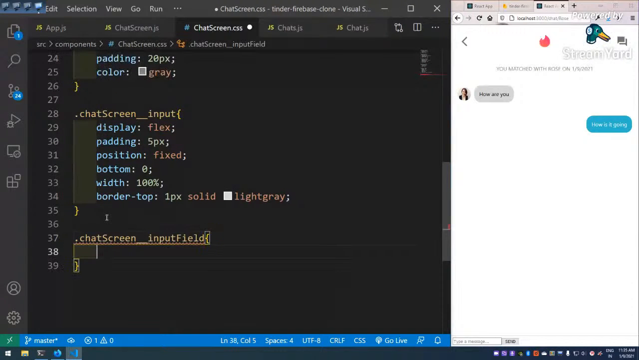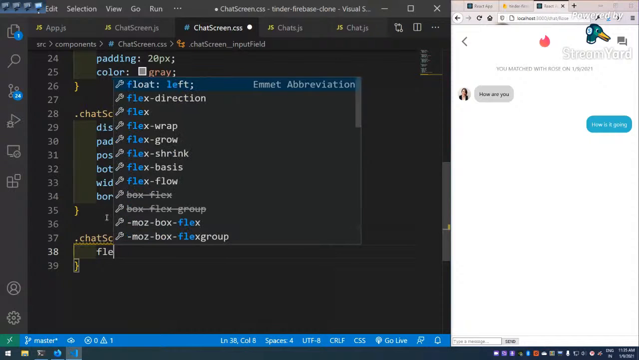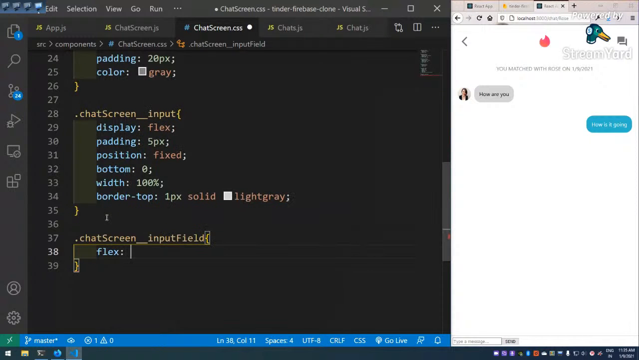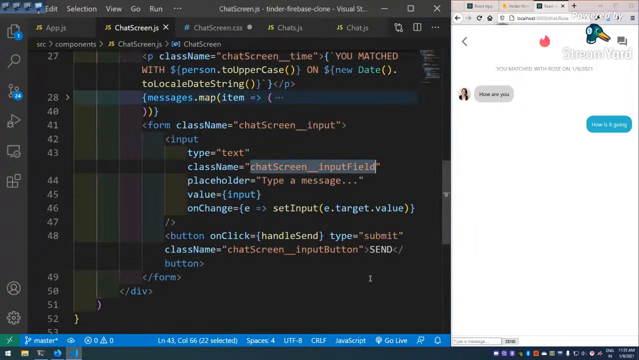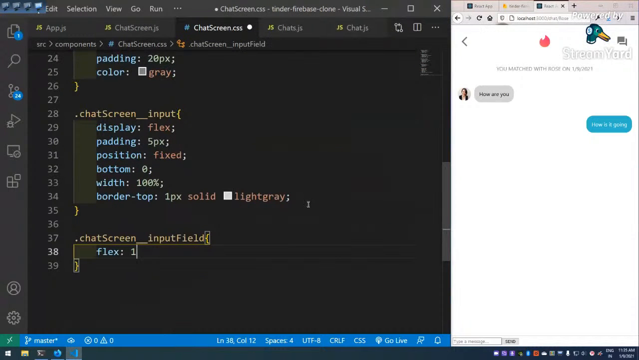like this the input field will be done, and then flex 1. So what is this input field? This input field is our input. Okay, so let me save this and see, now it is taking as much space as it can take, this input field, and it is sending it to the end. Okay, and then